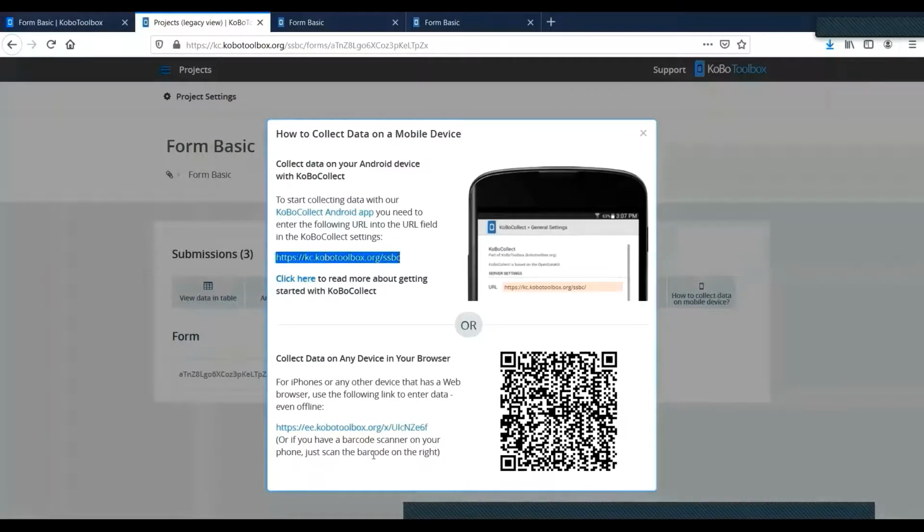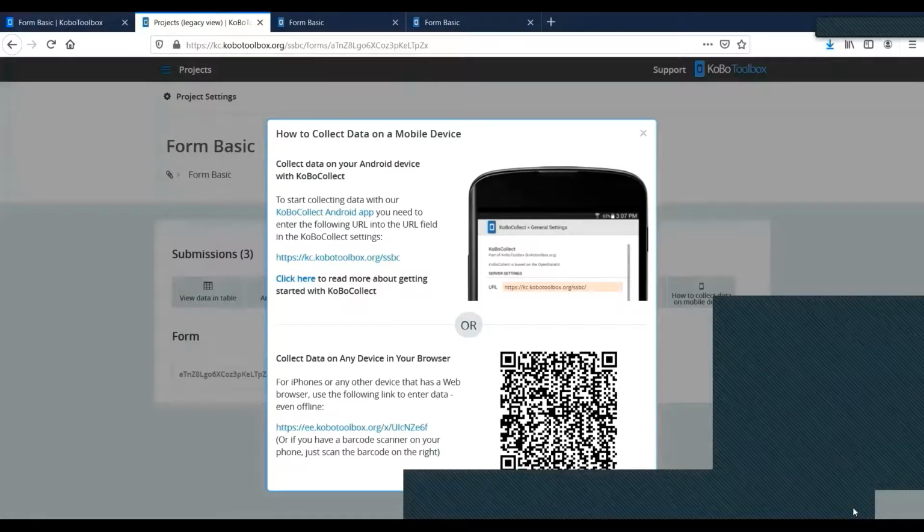This is the URL that we have to use in our Kobo Collect app that I will show in my next video. And SSBC is actually the username of my account. This is the search form of the Systematic Social and Behavior Change book. I have created it for this purpose. You can download the form which I developed just now. I think now I'll stop with this. There will be another video on which I'll be covering how this form can be obtained in our survey device